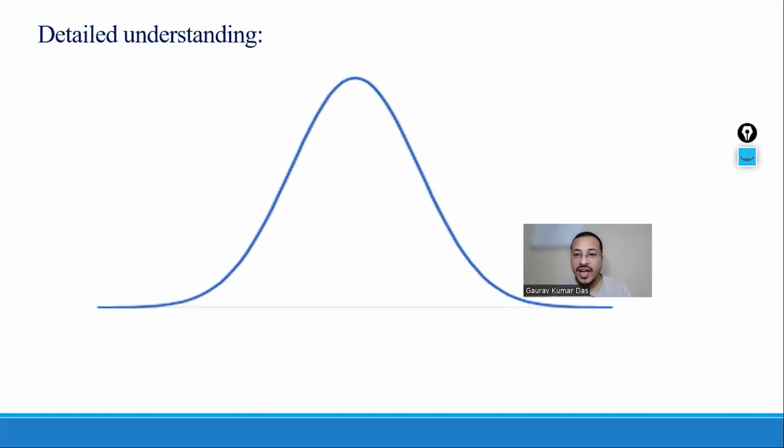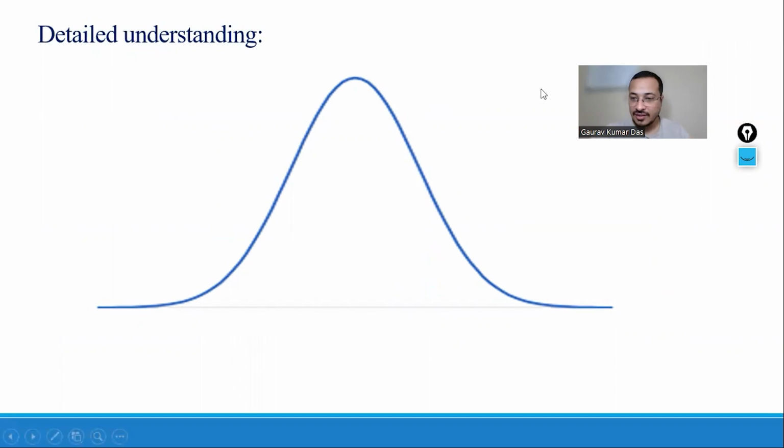So let's move on to have a detailed understanding of what we have just learned, to clear our concepts regarding less than, greater than, what is xc, what is xs, where is it lying, what is p, what is alpha. Where do I place these figures in the graph? Suppose this is my